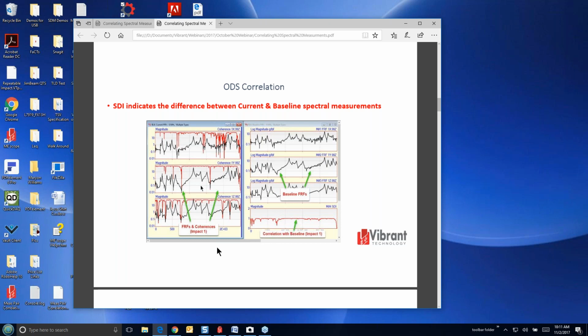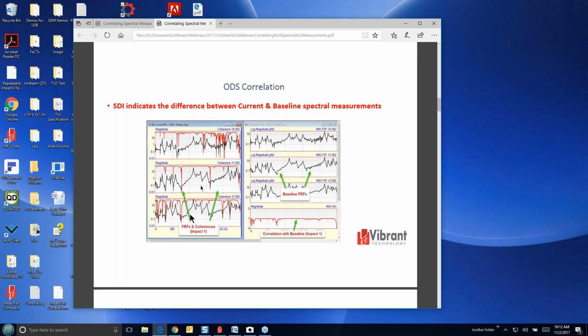So this is almost like a coherence function. Now over here on the left in the picture is in fact the coherence. Remember, if you're used to making measurements with an analyzer, or in the case of MEscope, we can do it in our acquisition window.